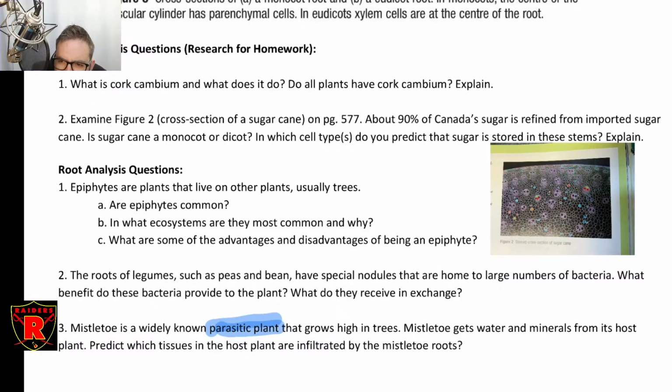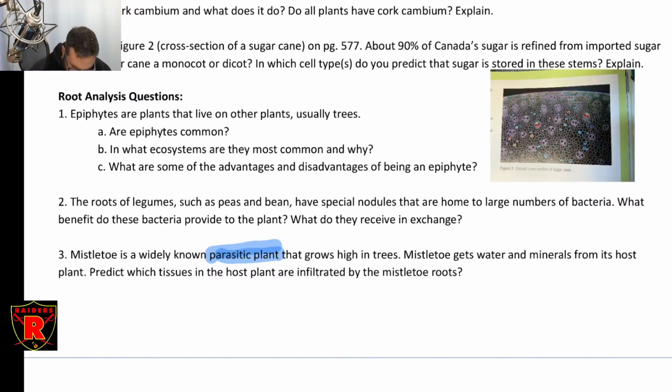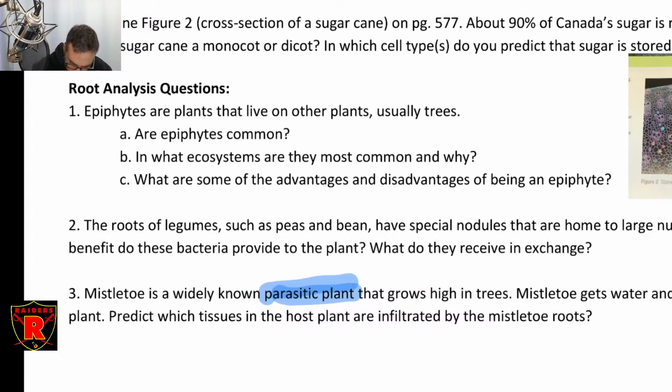And then the second question was stem 2 and roots 1A. Roots 1A. Epiphytes. So this is just a question that requires research. Are epiphytic plants common? They're actually surprisingly common. You can find them in most terrestrial ecosystems that have dicots, which is most. You can find epiphytes. Epiphytes include things like holly,